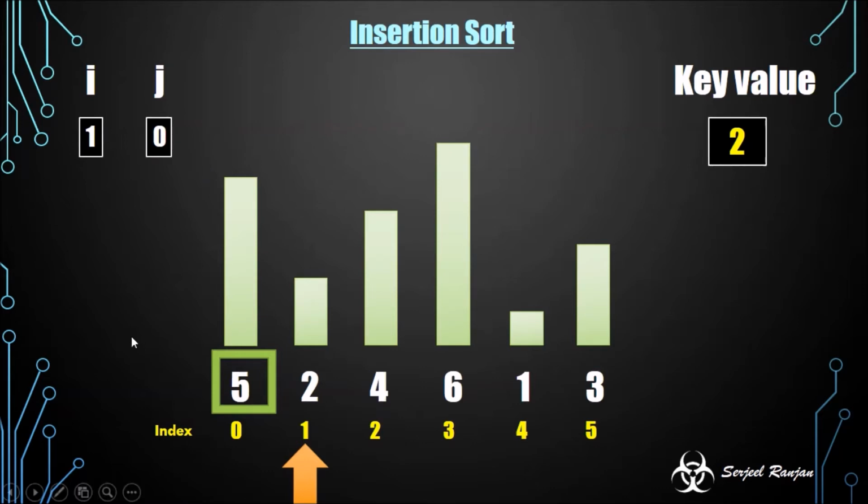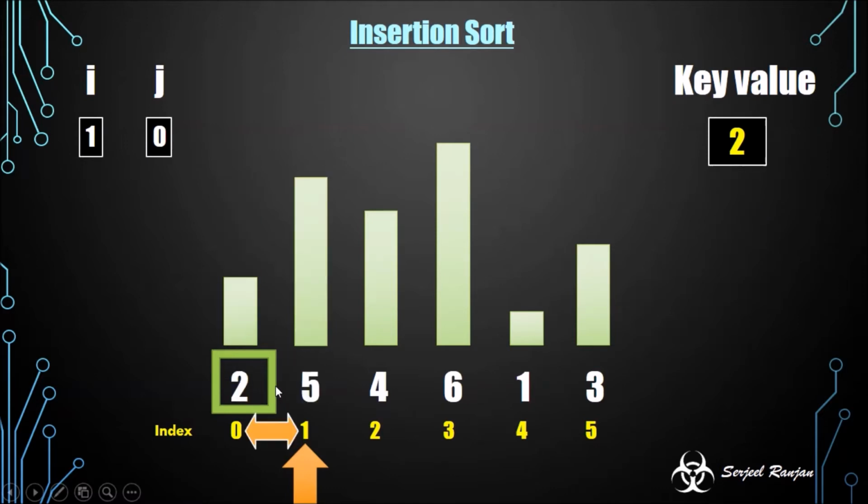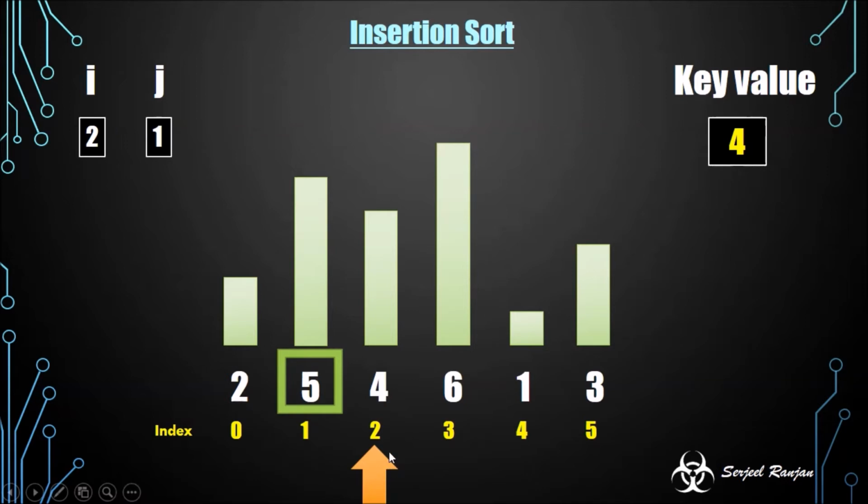Now what are we supposed to do? We have to compare the value inside the box with the key value. If the key value is less than the value present inside the box, the numbers should swap between the adjacent positions. This 5 should swap with this 2. So as 5 is greater than 2, I have to do the swap. After the swap, the 2 will come on the 0th index and 5 will come on the first index. So our job is done here since the box reached the 0th index and there is no further way for the box to go. So now we need to increment the value of i so that the arrow will point here. Okay, so now the arrow is on the second index.